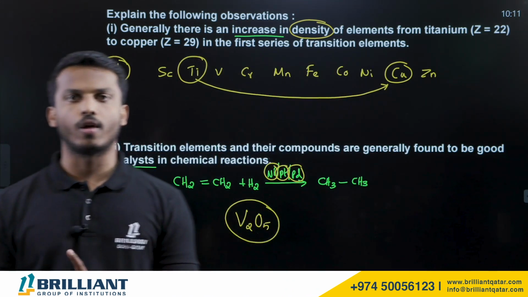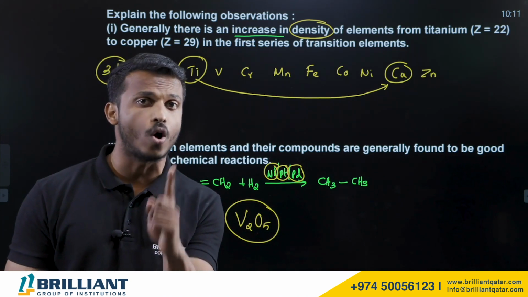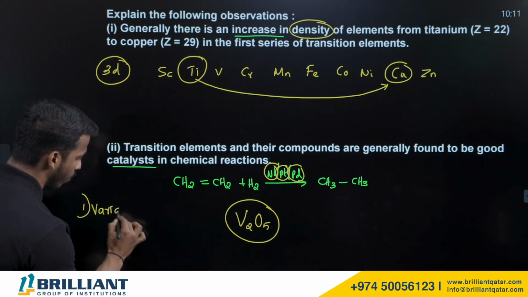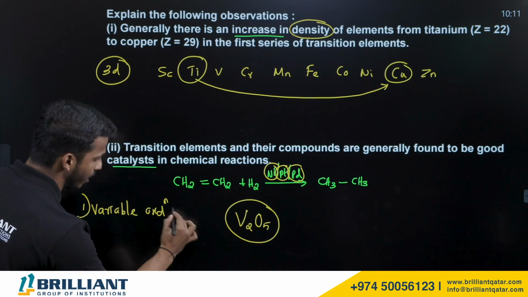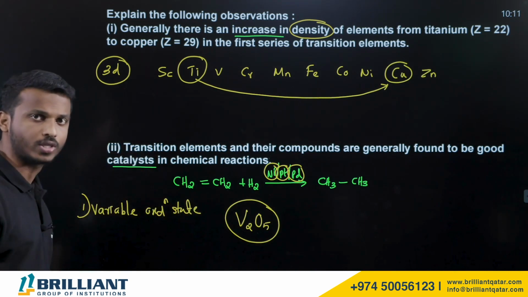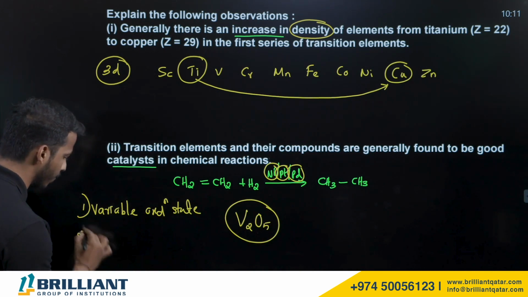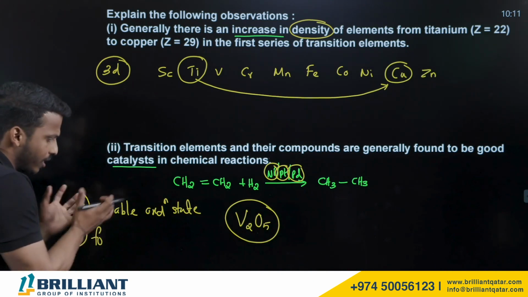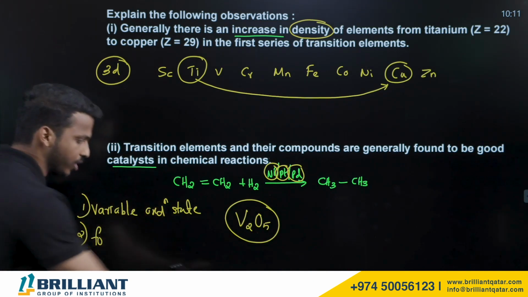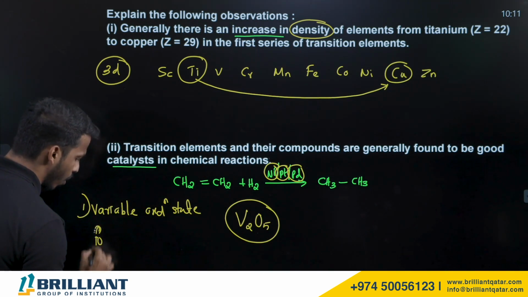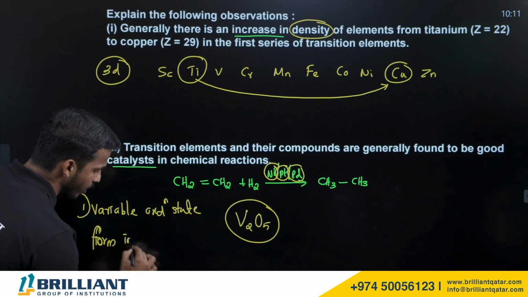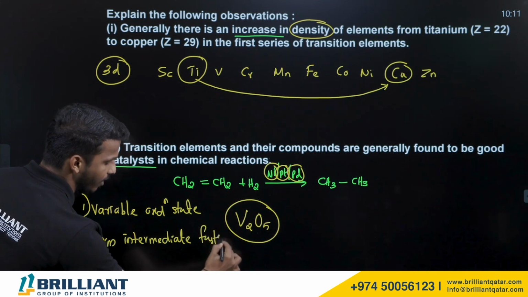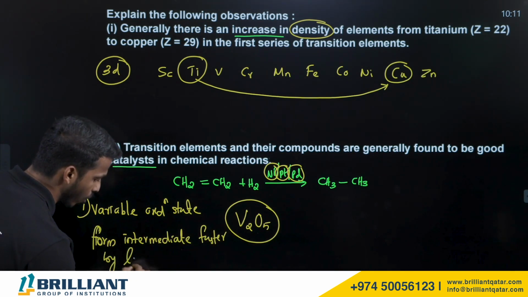First reason, please note it: they can show variable oxidation state. We already discussed why they show variable oxidation state in the previous question. One more reason: they can form the intermediate faster. This is actually the same reason, because of the variable oxidation state, they can form the intermediate faster by lowering